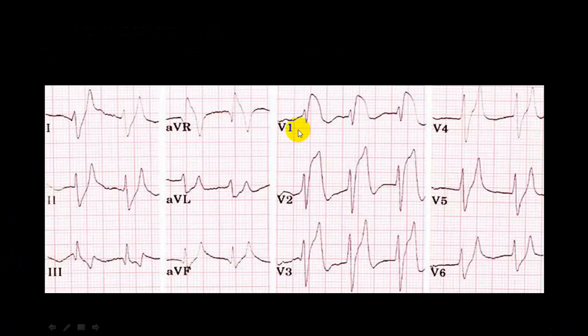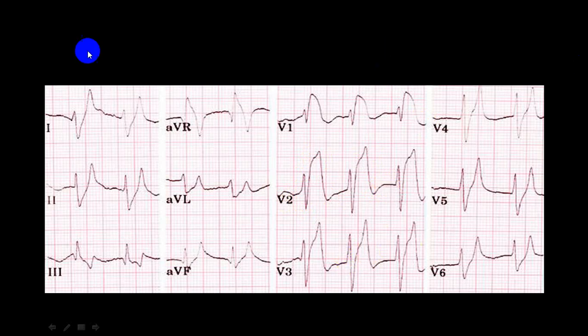Now if you see here, this is almost appearing like a hyperacute MI. But if you look, this is R, S, and this is an ST segment, tall T wave. So if you look here, this is also prolonged. The QT interval is prolonged. The PR interval is prolonged. The P wave has almost disappeared. And this is a wide QRS complex.